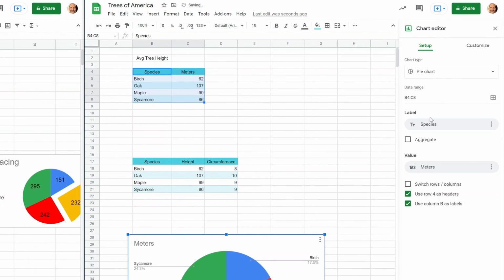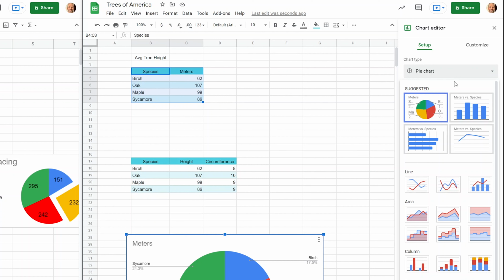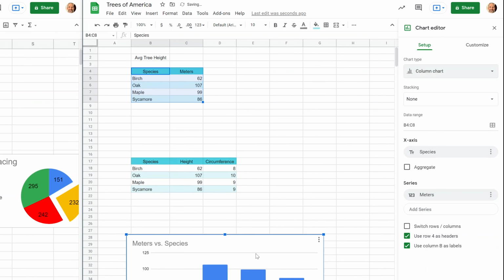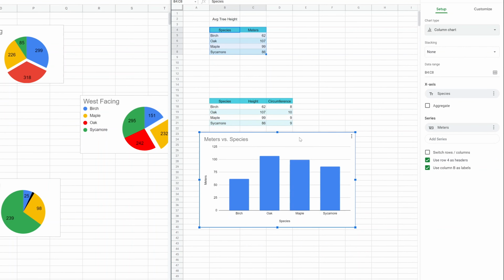We'll pull this down here. And the three types of charts that are going to be best for this kind of comparison are the column chart, the bar chart, which is just a column chart turned on its side, or the line chart. So we'll get into the line chart in a minute when we come down to this next table. But for now, let's do the column chart. Left click on that. And then it's mostly done for us.